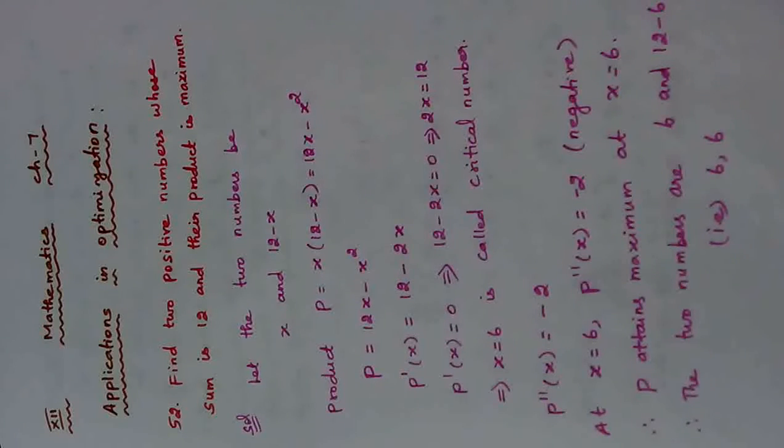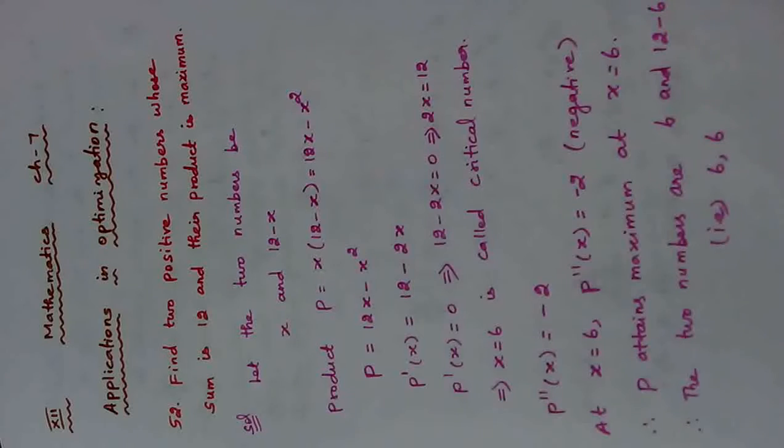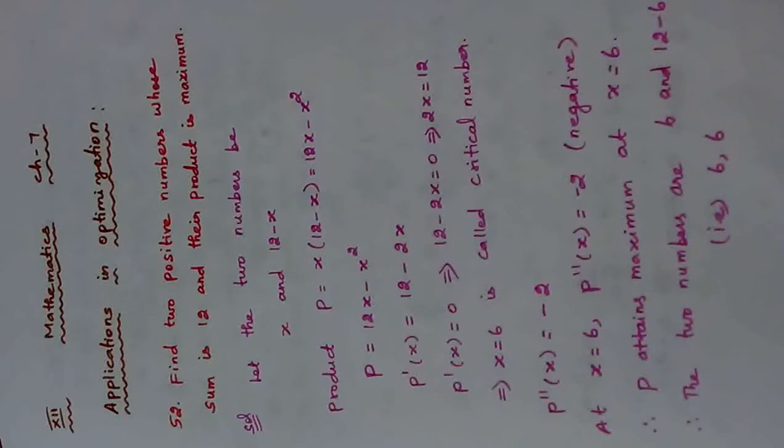After differentiating 2 times, we equate it to 0 and find the numbers. Then draw the number line and put the table. Accordingly, we find where it is concave upward and where it is concave downward. The point at which the function changes from concave upward to concave downward, or concave downward to concave upward, is called the point of inflection. We substitute that point in the given function, and the resulting point is called the point of inflection.